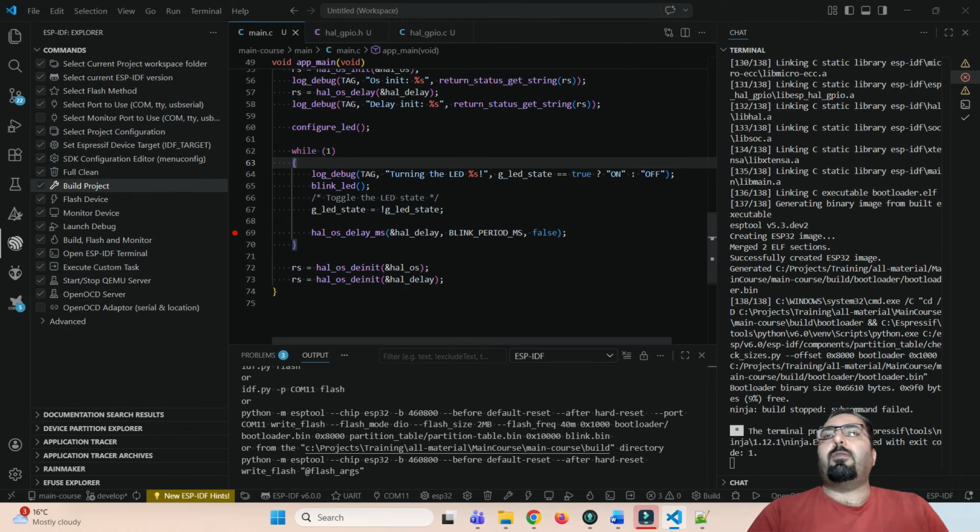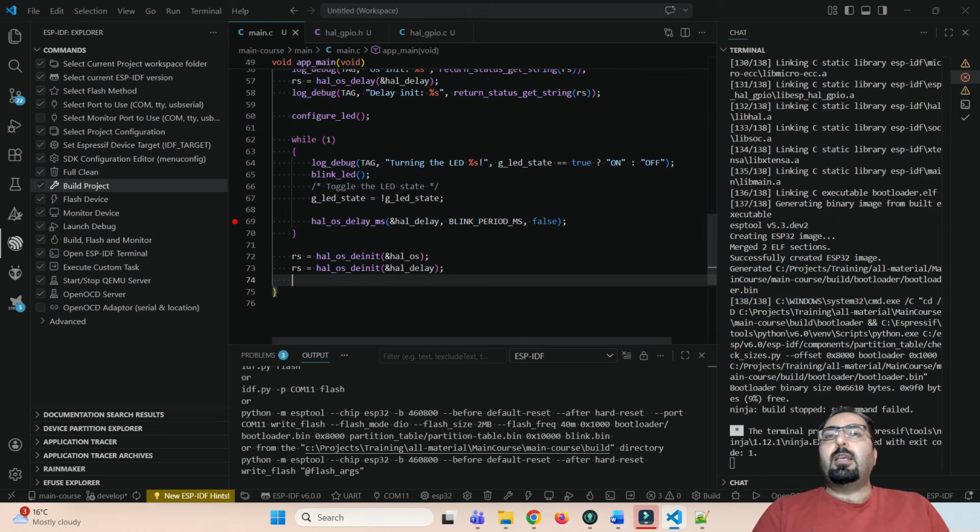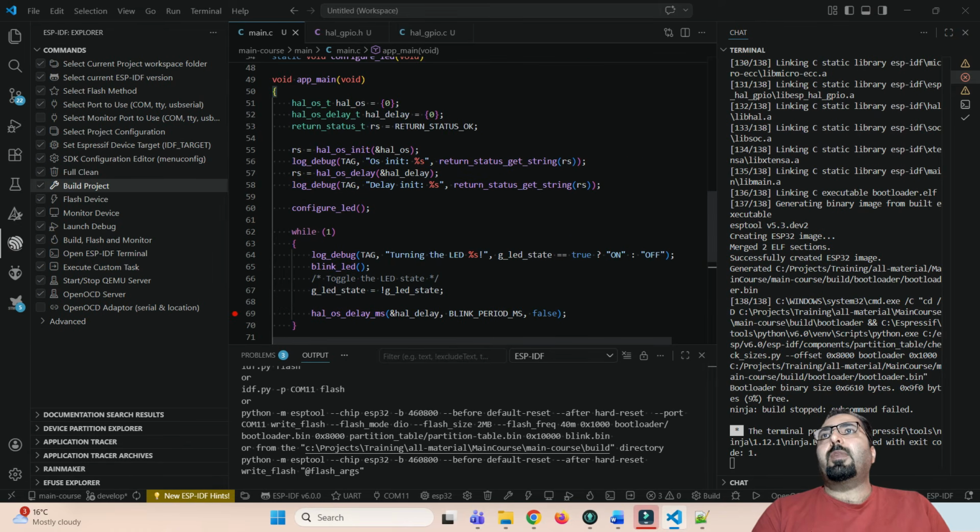Obviously not this one, but if you have multiple tasks in your project and one of them is exiting, and if you forgot to call the deinit function, it will lead you to a memory leaking issue because you're allocating some memory in the